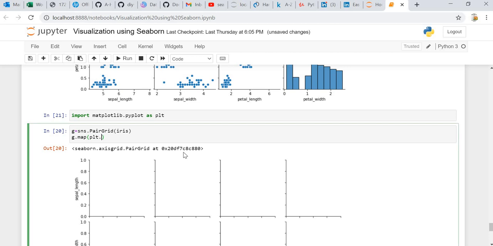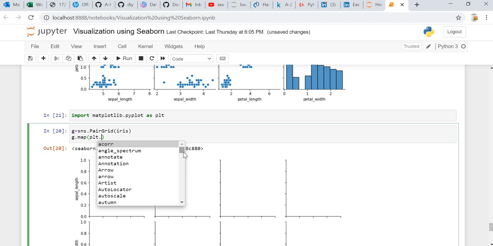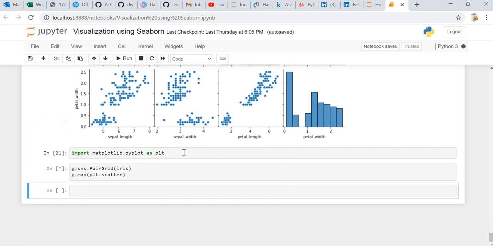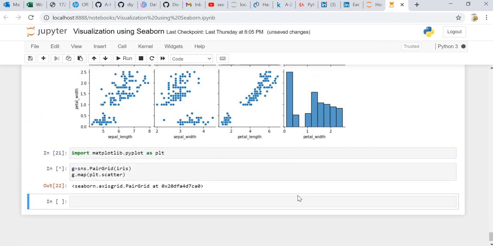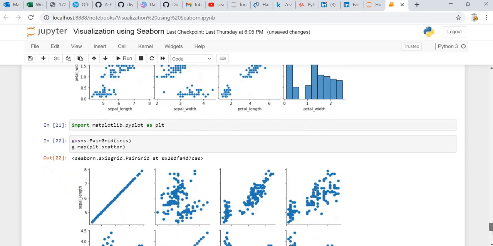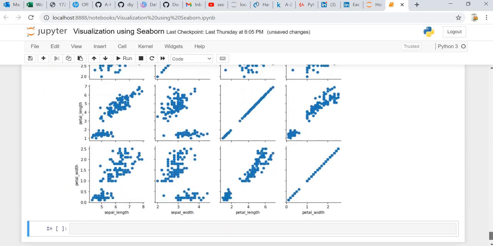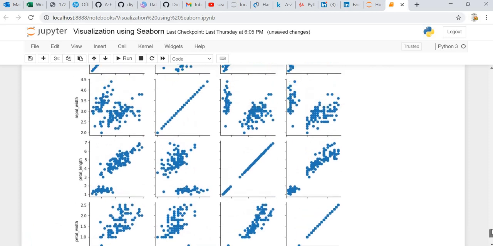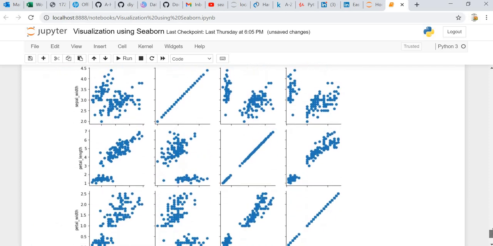Now plt dot scatter. We want to print the scatter plot. So let's do g dot map, and inside the bracket let's provide plt dot scatter. So once we do that, we can see that each and every comparison, the correlation matrix plots that it is building, all of them are scatter plots.